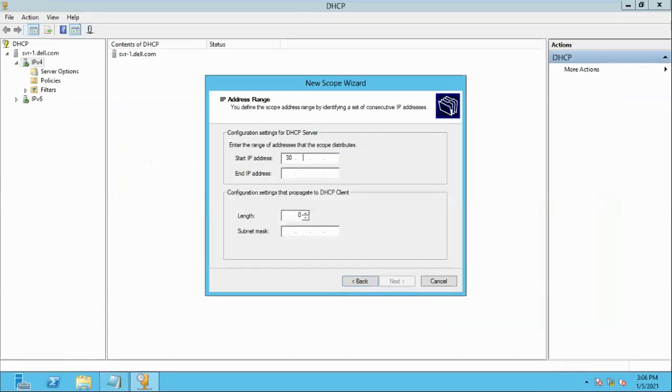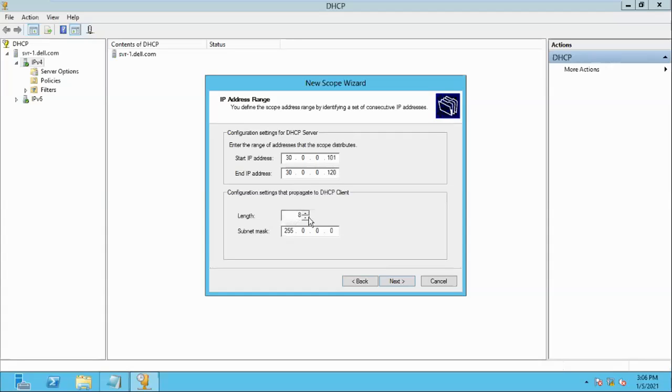So 30.0.0.101 to maybe 30.0.0.120, only 20 addresses. Yes, I thought maybe the client has that. Sir, can we assign more than 20?